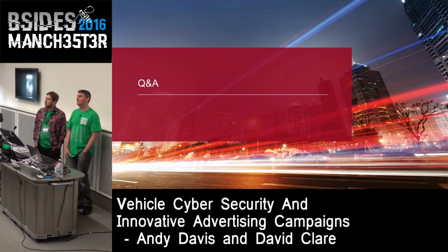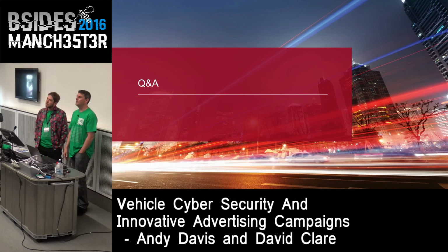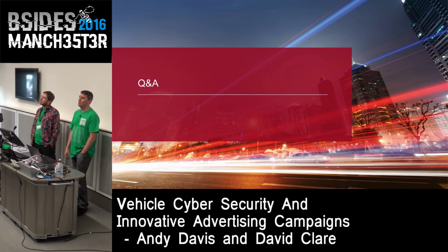The Volkswagen one, isn't that because they didn't use all the pins? I thought that was the problem. It was only using so many bits of the entire key space that the chipset actually had. It was one physical thing. But it was down to the capabilities of the chip and the fact that there was an alternative chip that they could use that would have mitigated the